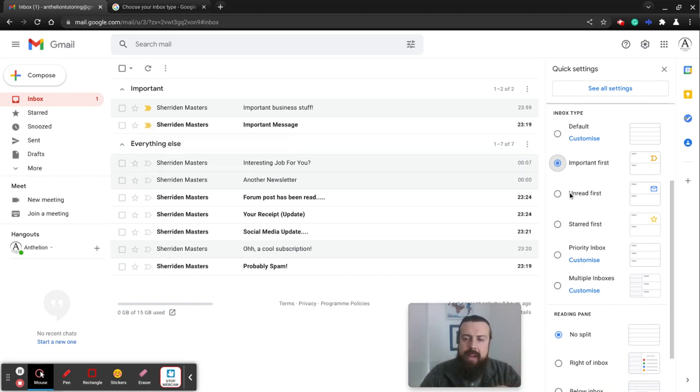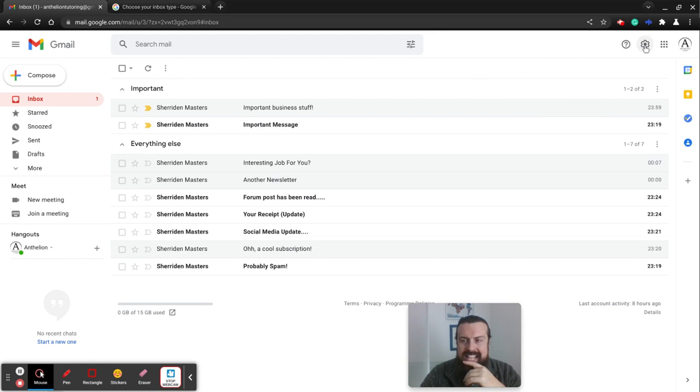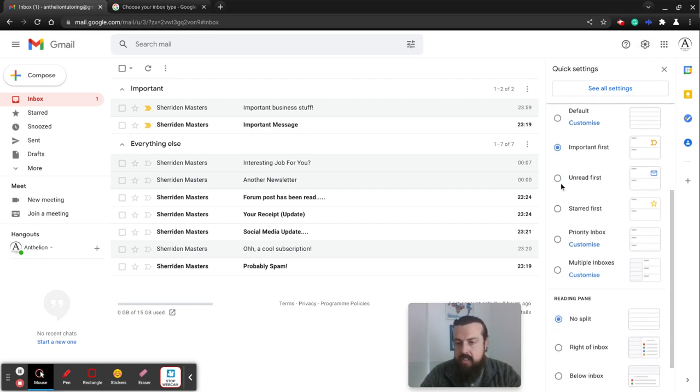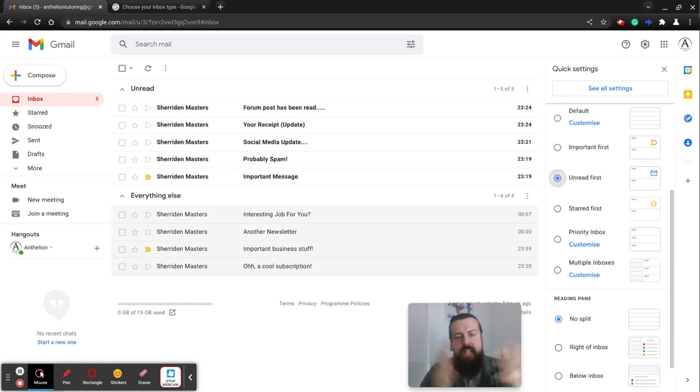The second one we'll talk about is unread. So if we look at it again, I'll just close quick settings and show you how to get to it again. Again, it's this option up here. So if you're wanting something different from your inbox, go to settings. And then instead of important first, we might use unread first. Now, I'm not going to insult your intelligence here. It is as it sounds: the unread emails will be brought to the top and everything else will be